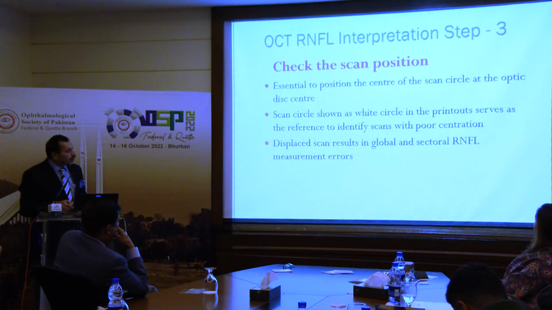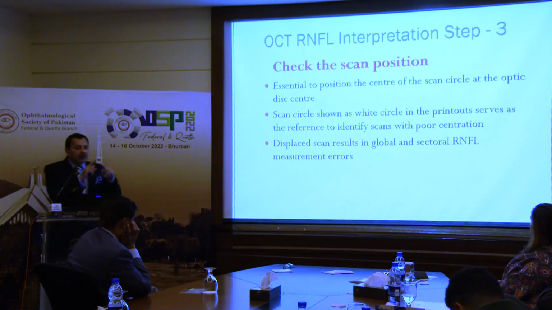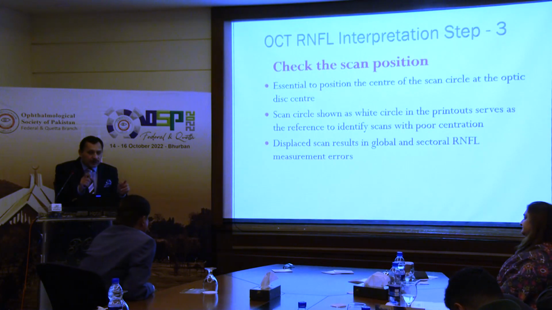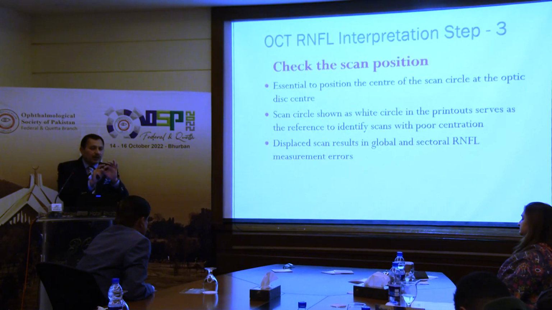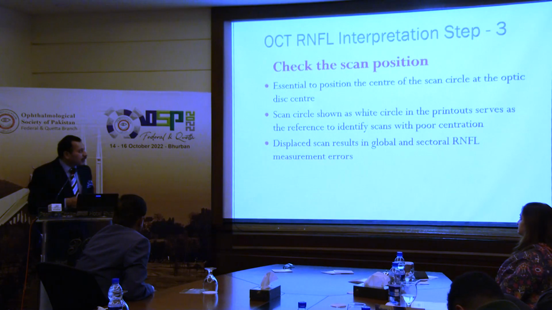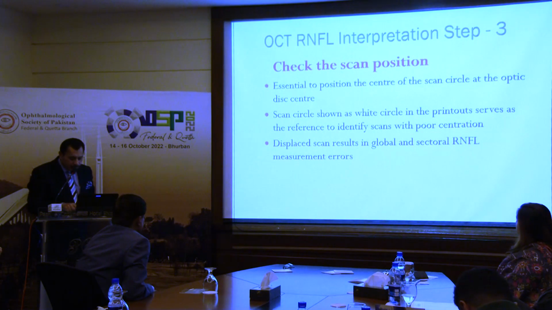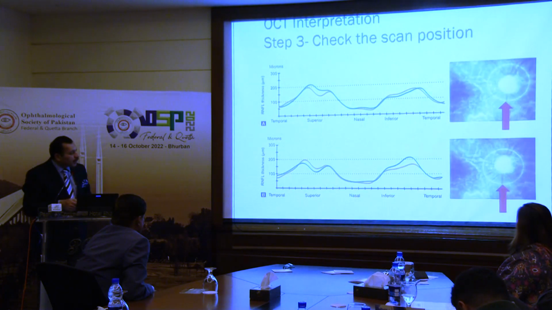तो अब ये देखें, तीसरा स्टेप क्या है, चेक द स्कैन पोजीशन। Essential to position the center of the scan circle at the optic disc center, क्योंकि आपने कहा है 3.4 मिलीमीटर अराउंड द डिस्क। तो अब डिस्क अगर यूँ है तो चारों तरफ बराबर का 3.4 मिलीमीटर होना ज़रूरी है। अगर आपका स्कैन सर्कल ऊपर चला गया तो उसने नीचे का एरिया मिस कर दिया, ऊपर ज़्यादा हो गया, इधर चला गया तो इधर ज़्यादा हो गया, इधर का एरिया मिस कर दिया।